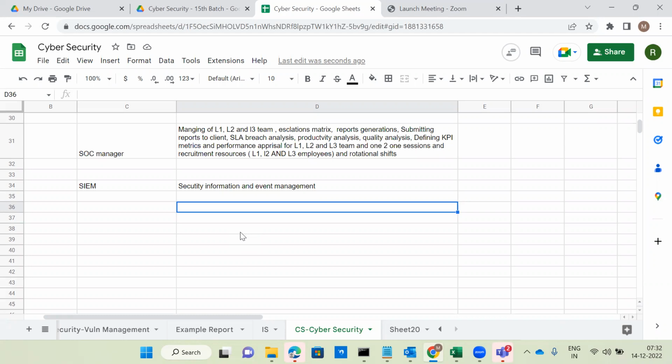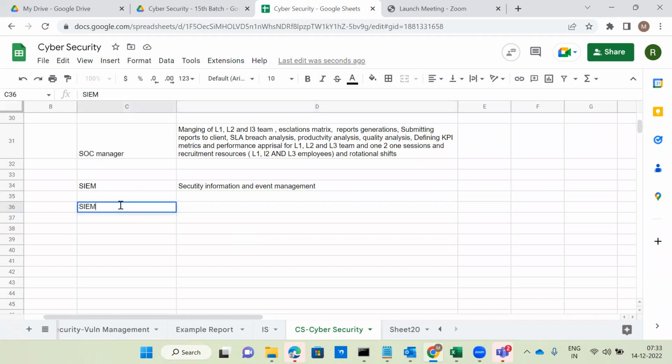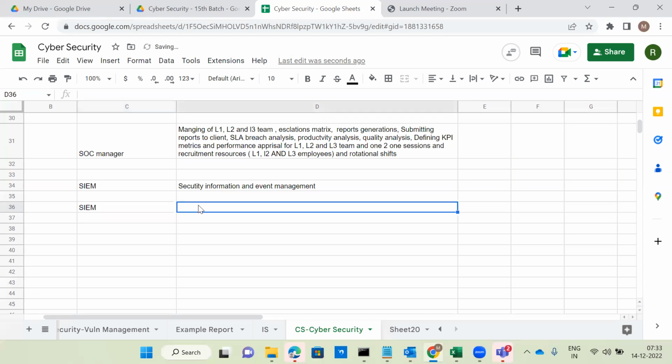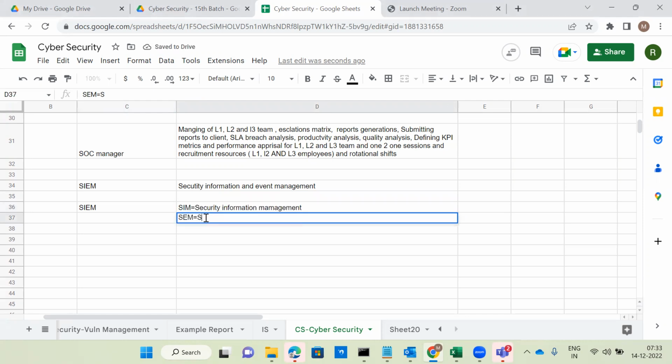These two people invented the SIEM concept. SIEM is a combination of both: SIM, security information management, and second one is SEM, security event management.